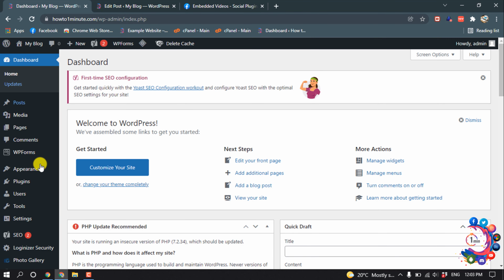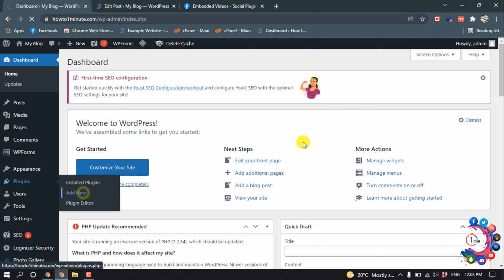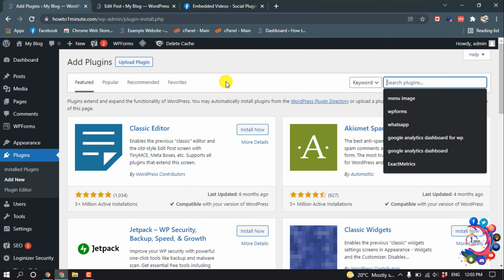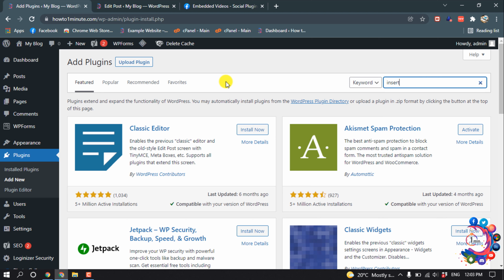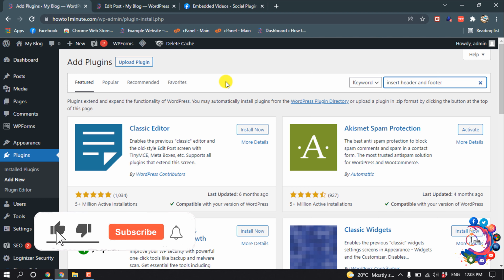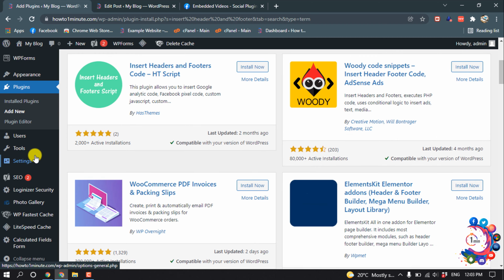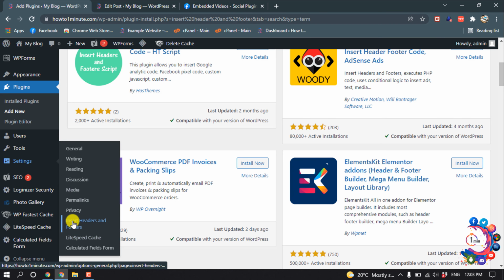Then in the WordPress dashboard go to plugins, add new, and search here insert header and footer. Then install this plugin and activate, and after activating, hover over settings, then here you'll find this option insert headers and footers. Click on it